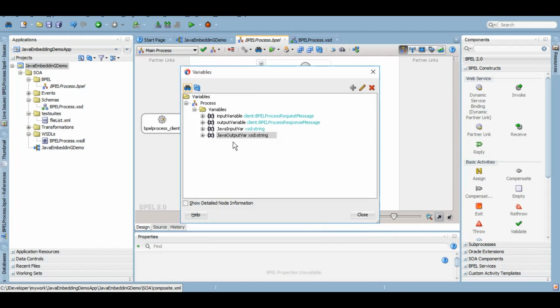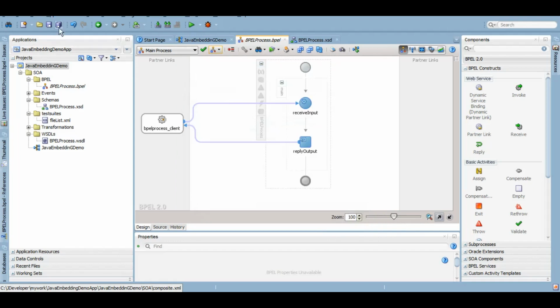Here we go. So now what I want to do is that the user will give me a name and I want to return hello and that name, the concatenation of that. Previously, if you see our entire SOA tutorial, we have gone from installation to the hello program and then further to more complex stuff. In our hello program video, we just put an assign over there and used the concat function and returned it.